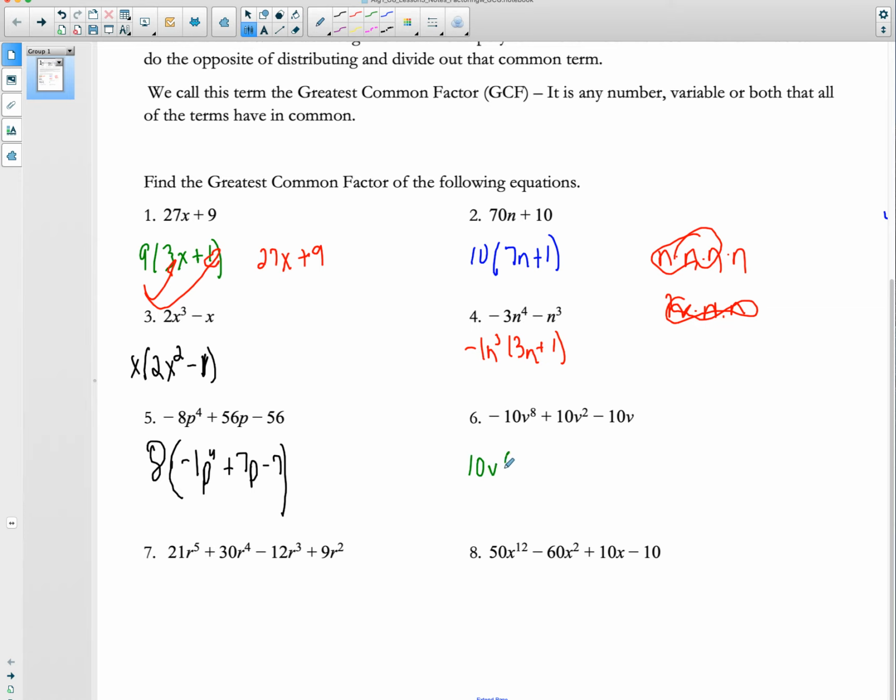So now, negative 10 divided by 10 would be negative 1. We had 8 v's, but we took 1 out, so that leaves 7 v's getting multiplied. 10 divided by 10 is 1. We had 2 v's, we took out 1, so we have 1 left. Negative 10 divided by 10 is negative 1. We only had 1 v. We took that 1 v out, so there are no v's left. So there you go. We have 2 left, and I'm going to let you guys do those